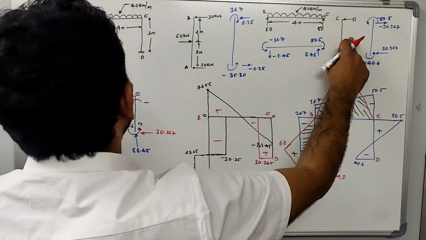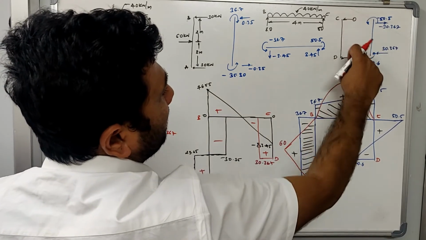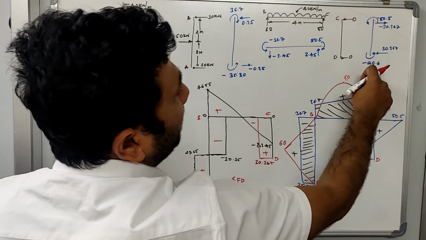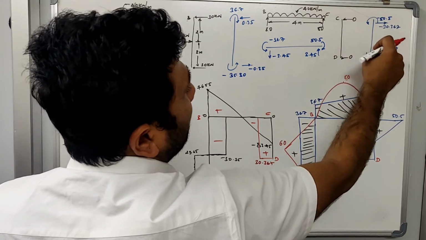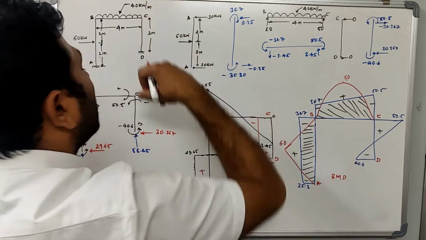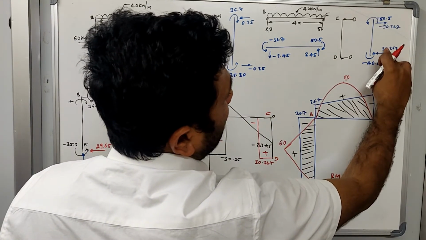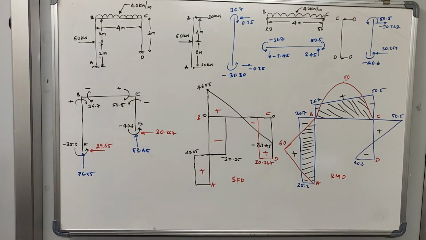Now for the last member, member CD, there is no external force acting, henceforth the reactions will be 0. Now with respect to the end moments, we have minus 50.5 and here also minus 40.6. So MDC and MCD values are negative in nature, so 50.5 plus 40.6 divided by the length 3 will give you the reaction. At this point it is equal to 30.367. So once you solve all the reactions with respect to end moments and external forces acting on each individual element, now we will comprise all the reactions and formulate the reactions developed for the frame.